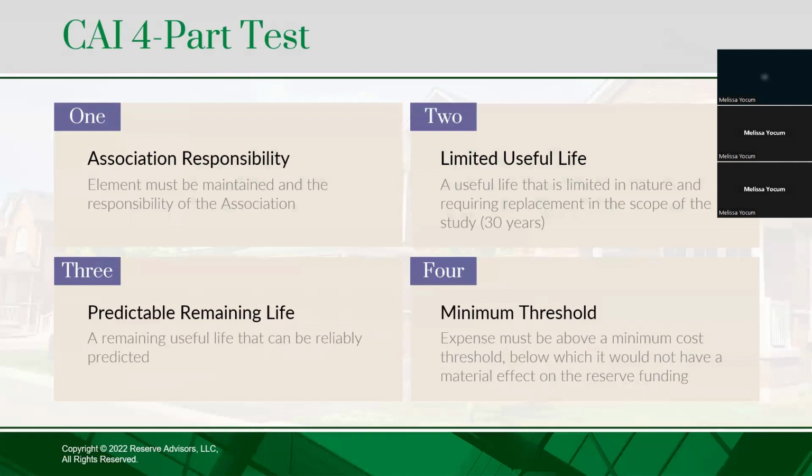And then lastly, it has to be above a minimum threshold cost. And the intent here is to really ensure that reserves are intended for these big ticket items, these projects that the budget really can't absorb, right? If it's a small $400 repair, that's more of a general maintenance practice typically, right? As opposed to a capital reserve expense. You don't want to bog the reserve study down with these really small expenses that ultimately really won't impact the funding of the reserve account.